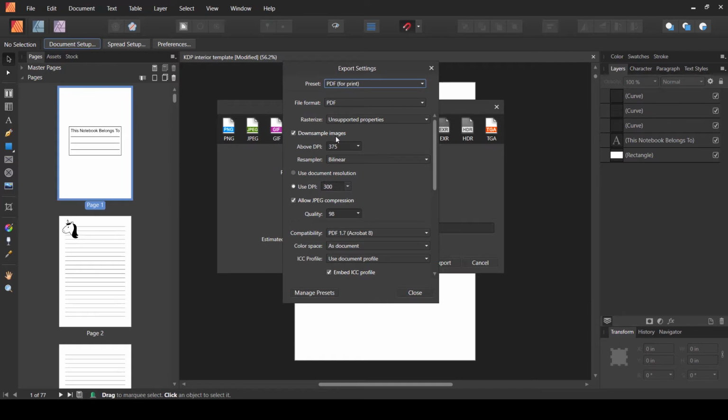Downsample images means any image above 300 dpi will be downsampled to 300 dpi. That's usually for KDP interiors.